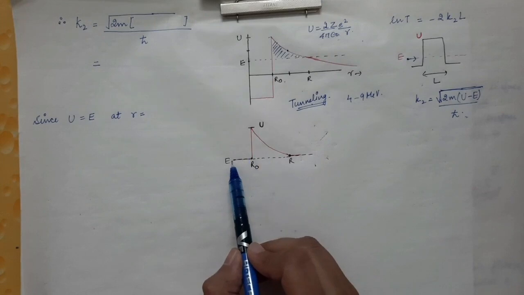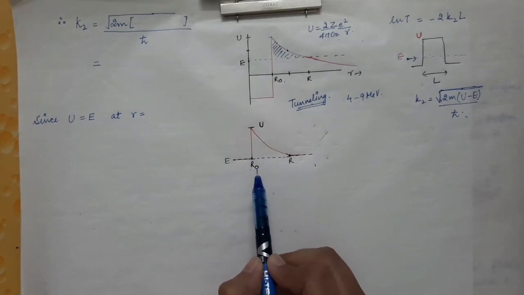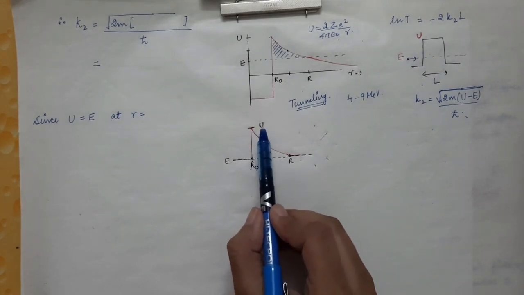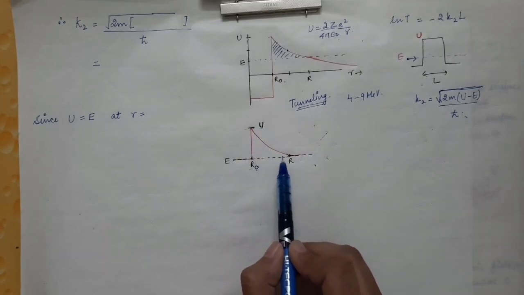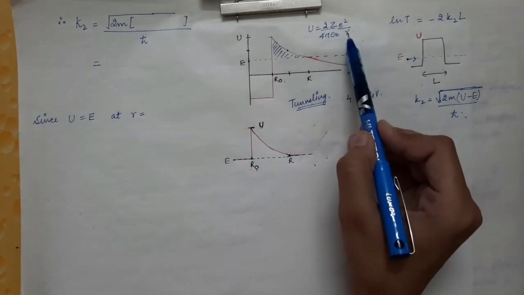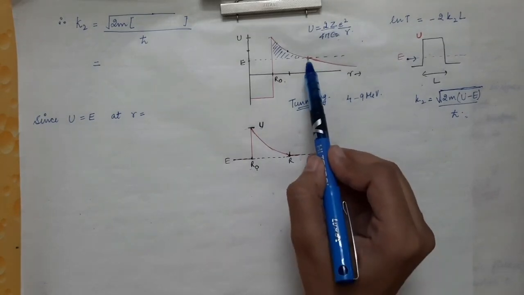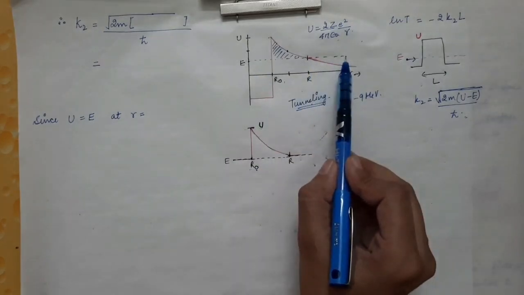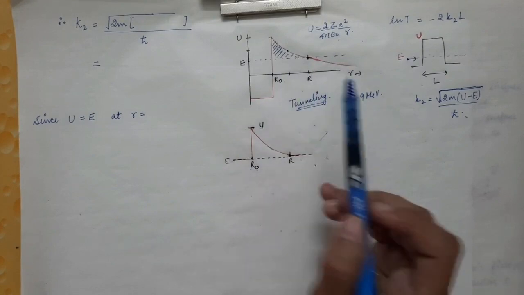of the potential barrier which this alpha particle has to face. So this is the energy of the alpha particle, and this is the distance r0, the radius of the daughter nucleus, and this is the maximum barrier height. As the distance increases, the barrier height decreases, and this decrease is due to the 1 by r term. And at this capital R, the energy of the alpha particle is equal to the potential energy of the alpha particle.